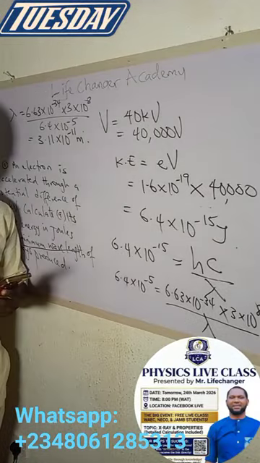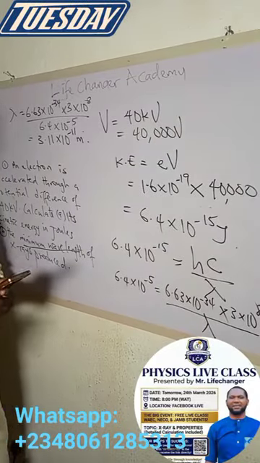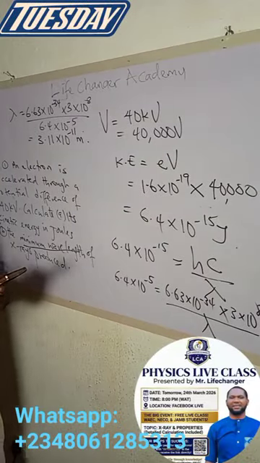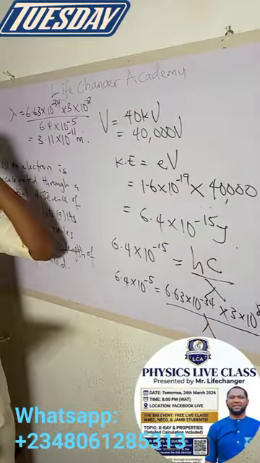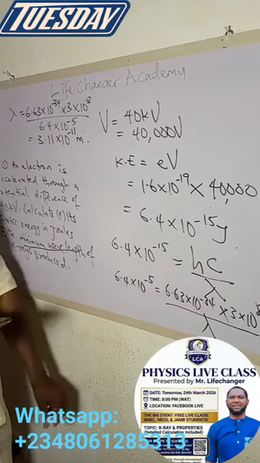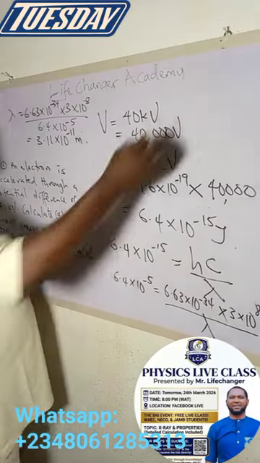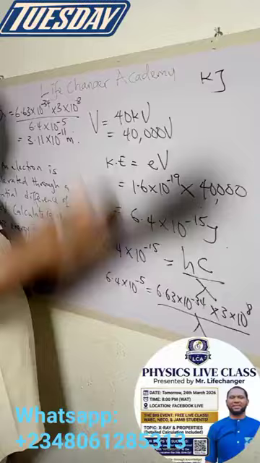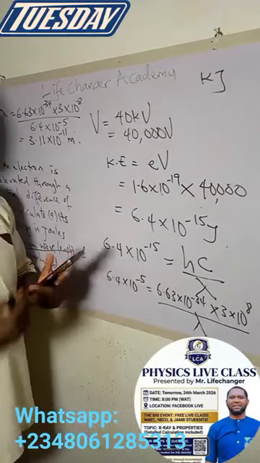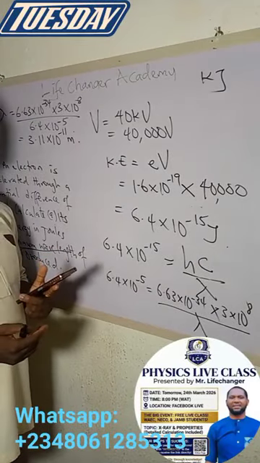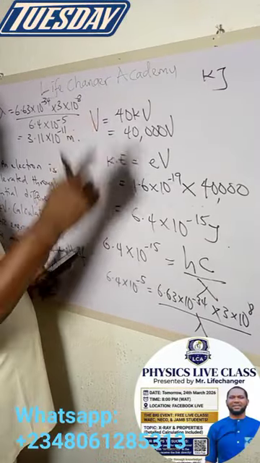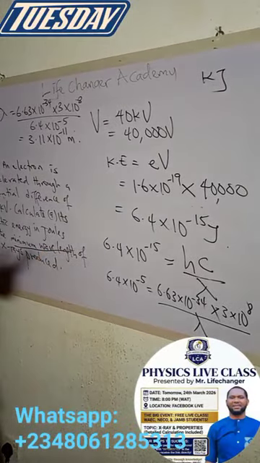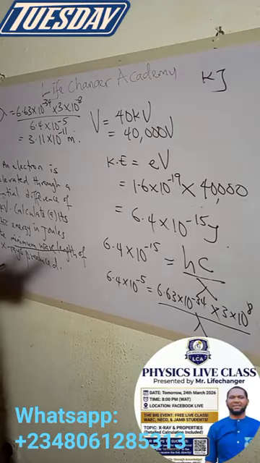Somebody's asking, do we have to convert kilovolts to volts whenever we are solving? Yes. Kilovolt is not an SI unit, so you have to convert it whenever you're solving. It's just the same thing as kilojoules, you have to convert it to joules. Kilo is just a sub-unit, so you must represent it by 1,000. Any other question?